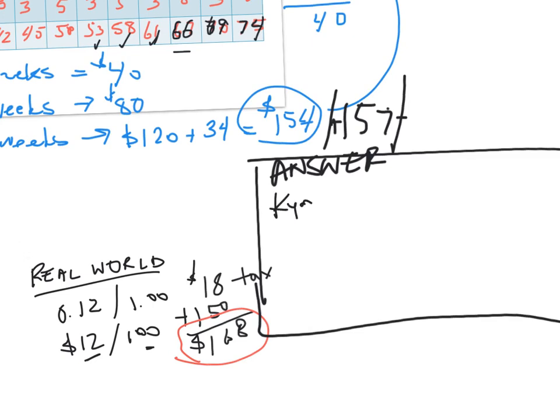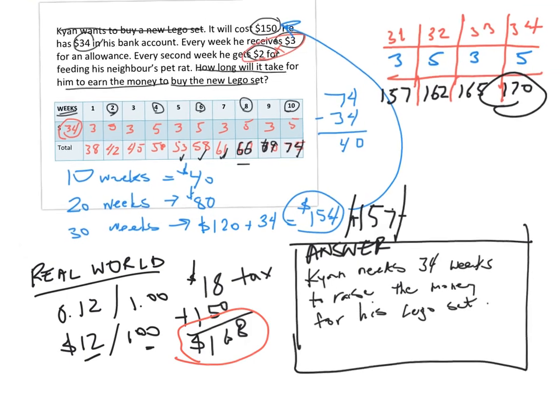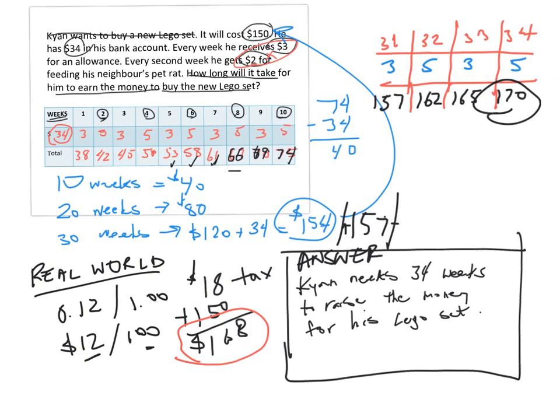Kyan needs 34 weeks to raise the money for his Lego set. Kyan needs 34 weeks to raise his money for his Lego set. Now I've got a 5 out of 5 solution, because if